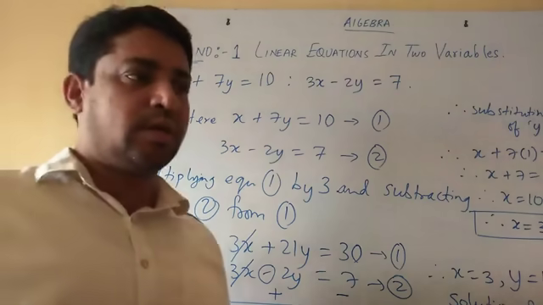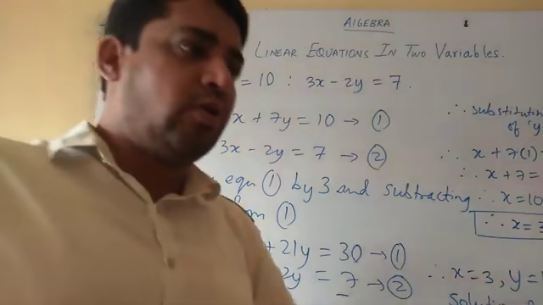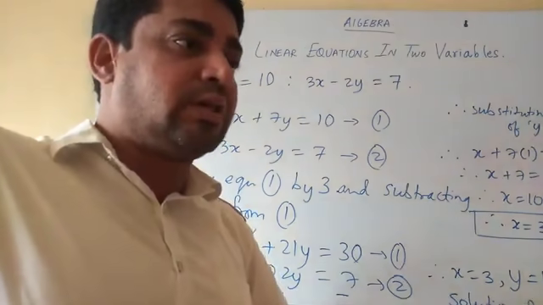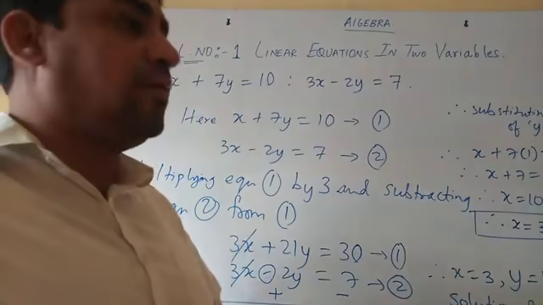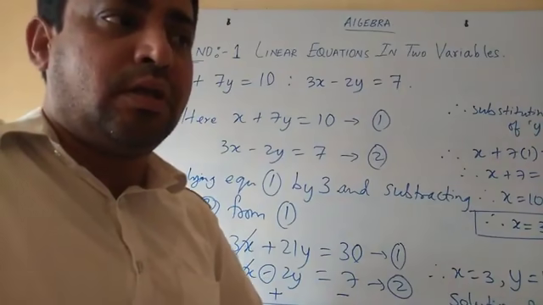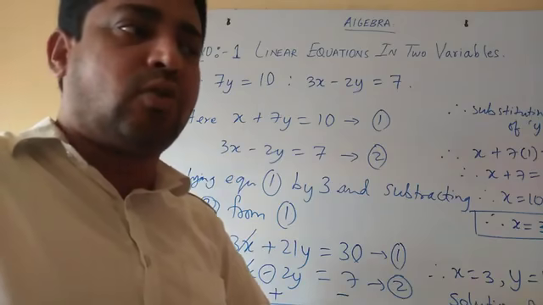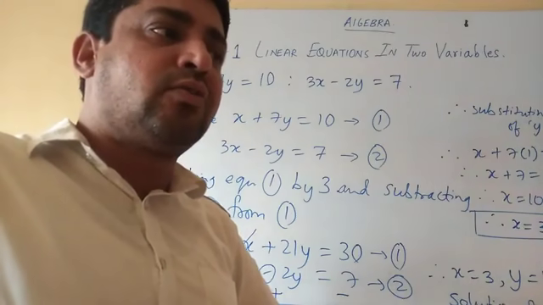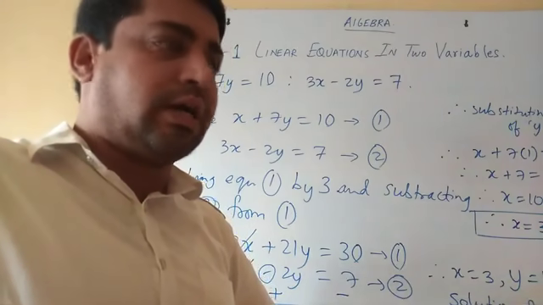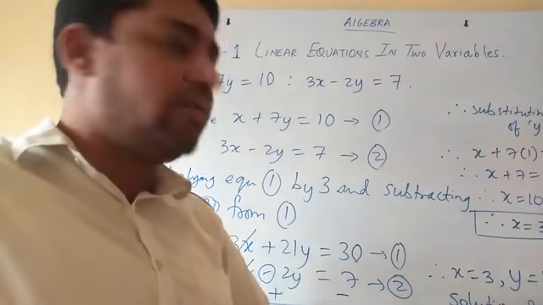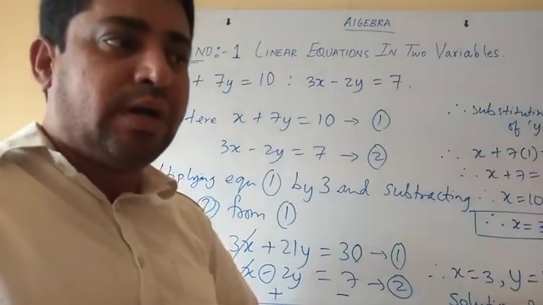I'll move on to the next sum, which is your seventh sum. The first, second, all the sums are similar, don't worry. The seventh one is a little different, so I'll do that. Seventh and eighth are of the same type. 1 to 6 again are of the same type, which we have done here. So the seventh one will be really different.